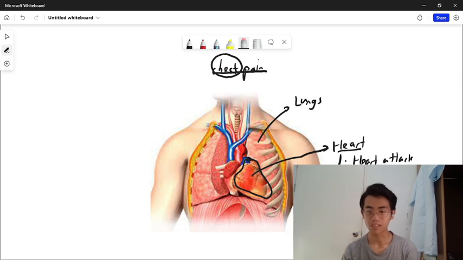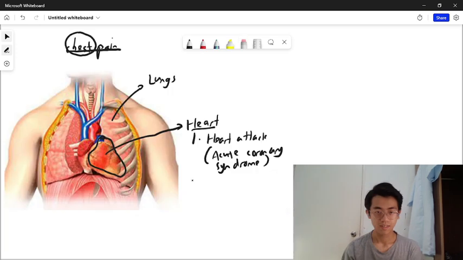Acute means it happens very fast. Coronary means relating to the heart. Syndrome just means syndrome. So it's something affecting the heart in a very short amount of time, right? Therefore, it's called a heart attack. It happens very fast. Another problem that can happen to our heart is